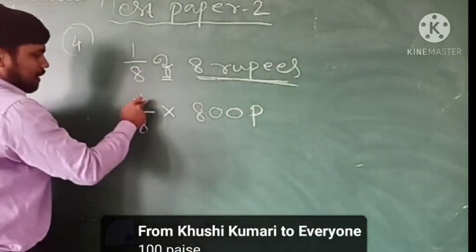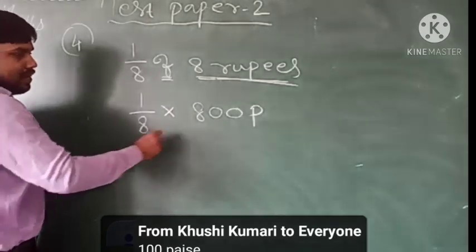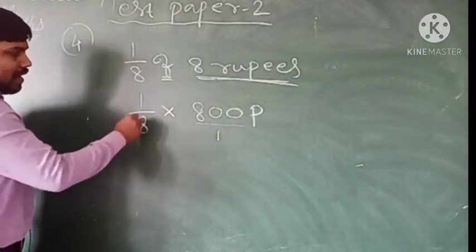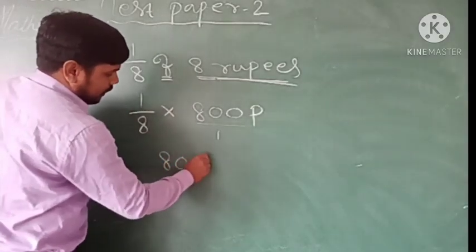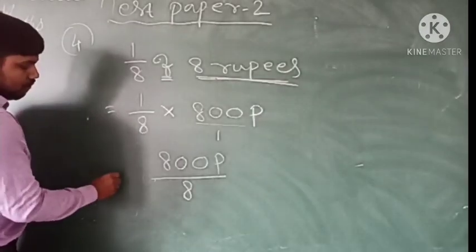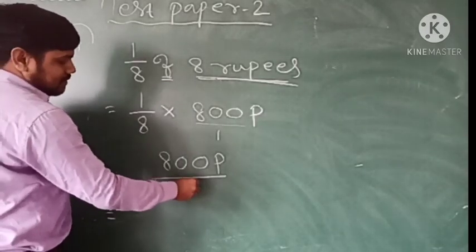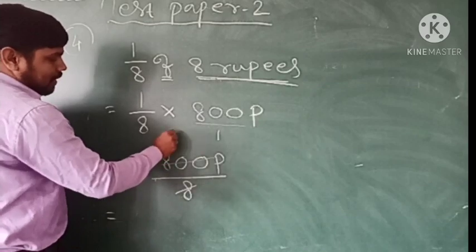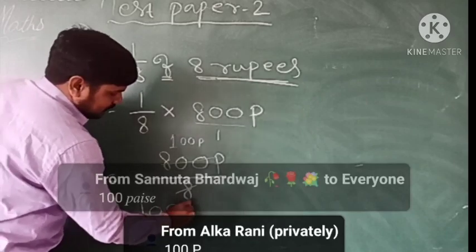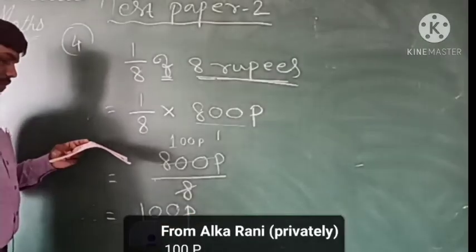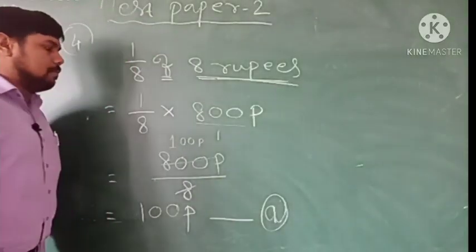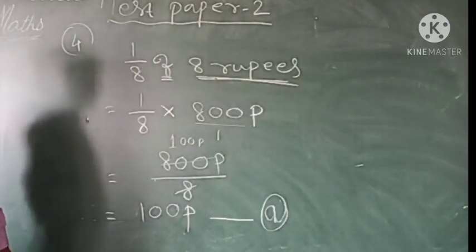And if you multiply, this will be multiplied here, and here in the denominator there is nothing, meaning 1, so this will multiply with 1, and the answer will come like 800 paise divided by 8. This is the division sign. If you divide, it will cancel one time. So 8 1s are 8 and 2 0s, so 100 paise. That means 100 paise will be the answer, which we have in option number A. So this will match with ऑप्शन नंबर ए. ऑप्शन नंबर ए के साथ ये मैच होगा.